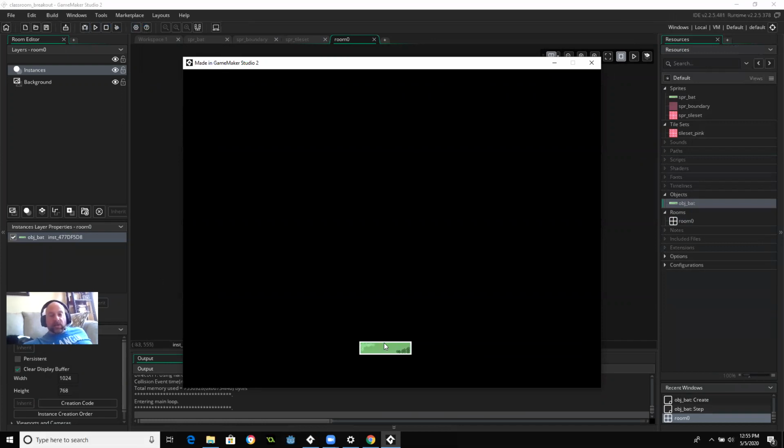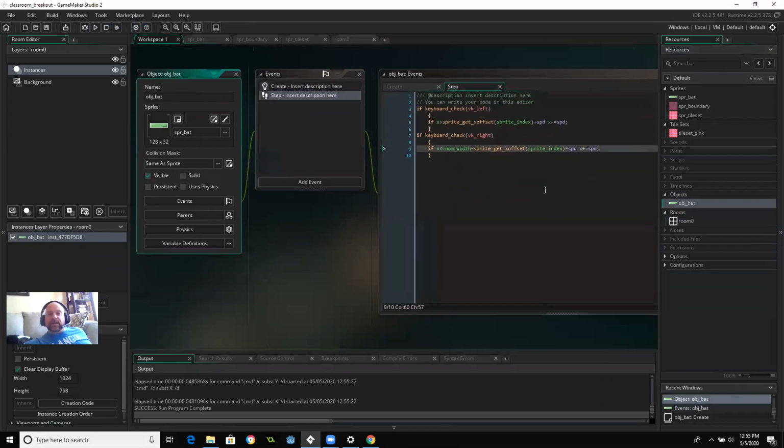So I have a working bat that moves left and right at a consistent speed, and I'm still holding down left, but it will not move past. There is something I could probably do to make that a little more perfect,